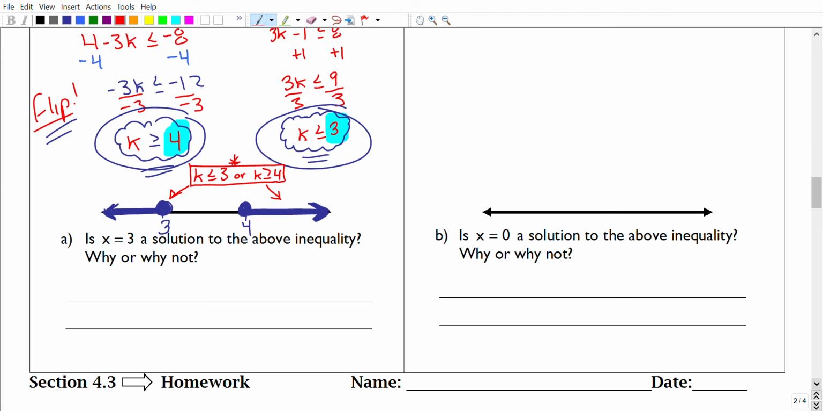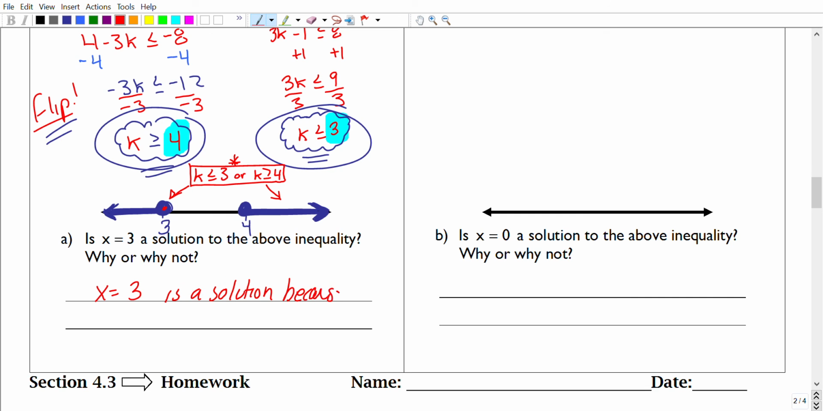Okay, now for part A, all it's asking is, is x equals 3 a solution to the above inequality? So I want you guys to think about it. Is k equals 3 a solution? Well, k equals 3 is right there in this little red dot I'm making. Okay? It's shaded, so in order to be a solution, it has to be in the shaded region. So this is definitely a solution. So x equals 3 is a solution